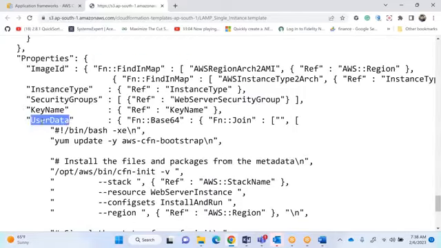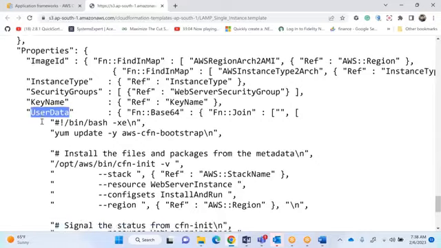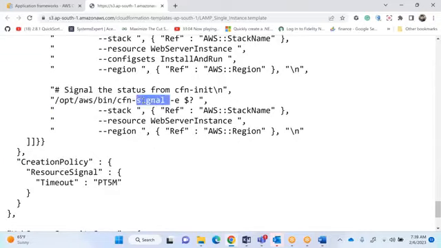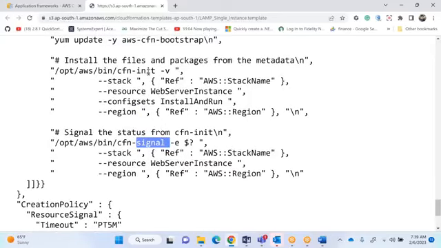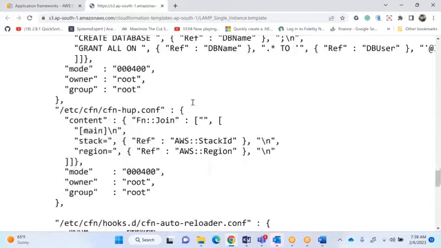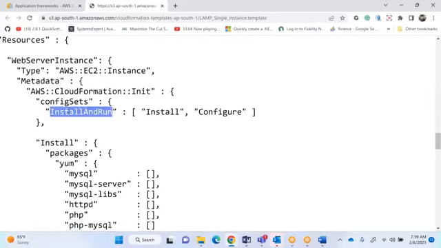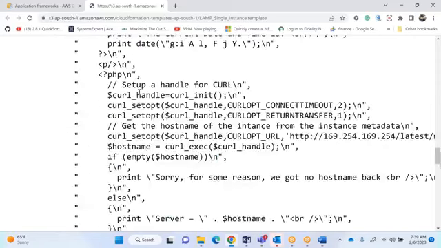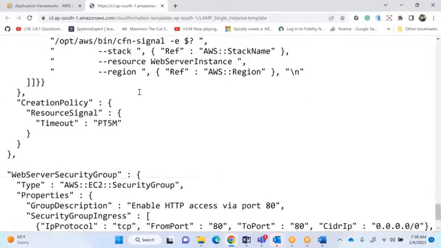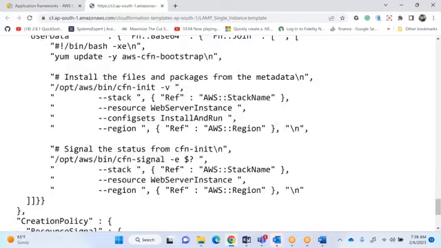And in the user data, you are not writing how to install the software, where to download the LAMP server, nothing. You are only sending one signal. Okay, you are initializing and setting up configuration, run command. Run this one, which means install and run, which is mentioned here at the top. See here in the CloudFormation initialization, you are telling it to execute that in the EC2 instance. And in the last you are going to send a signal.